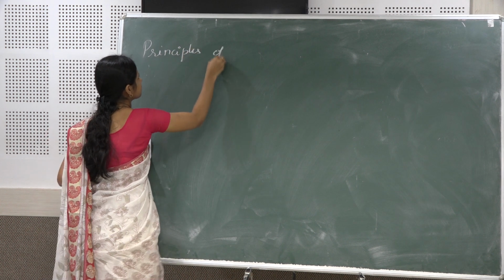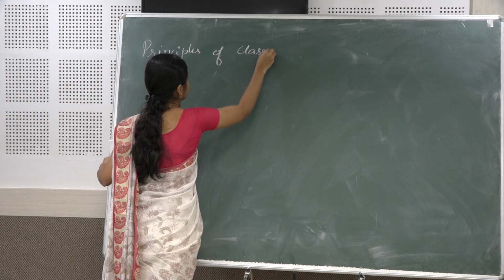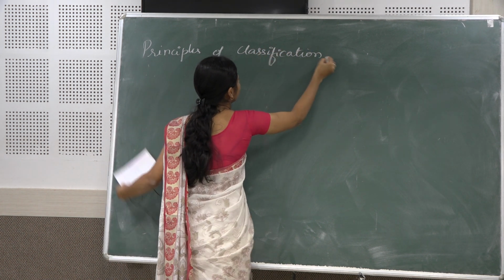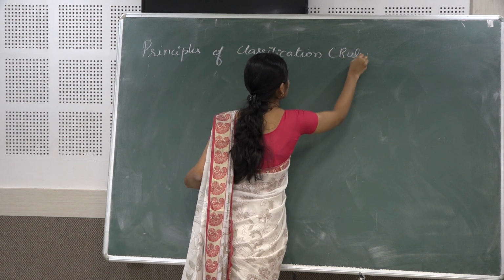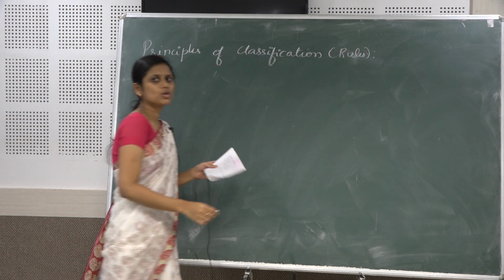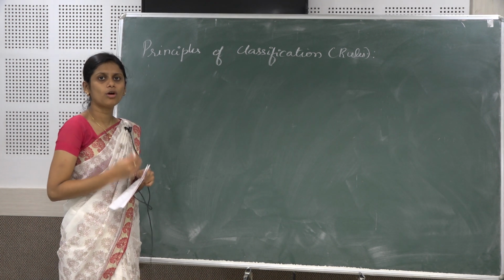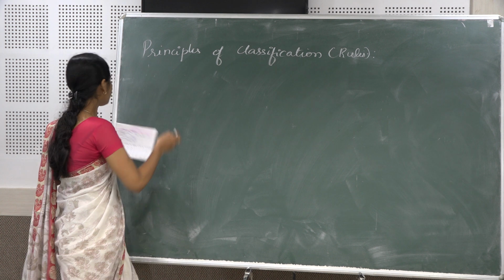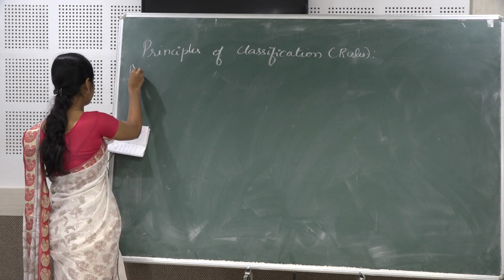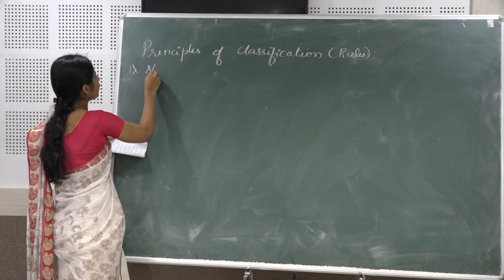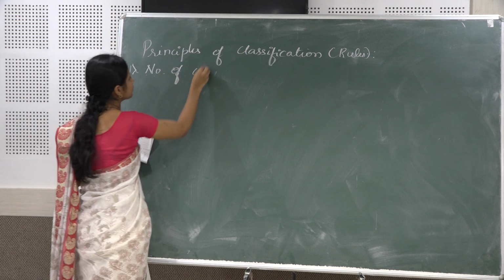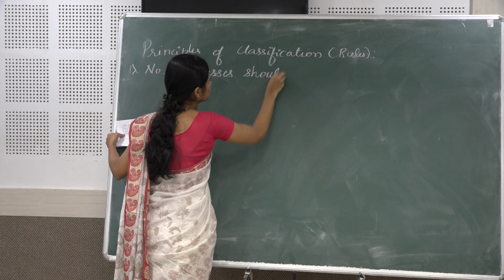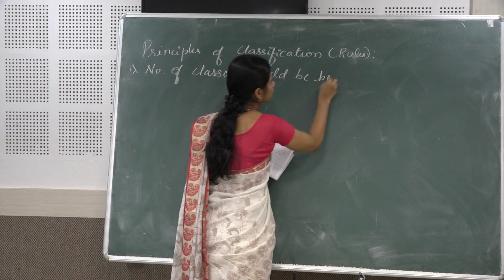Principles of classification, or we can also call it rules of classification. So what are the principles that you have to follow while classification of data? The first and foremost principle is the number of classes should be between